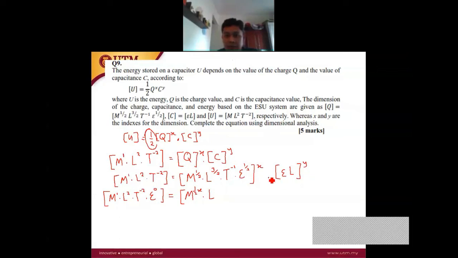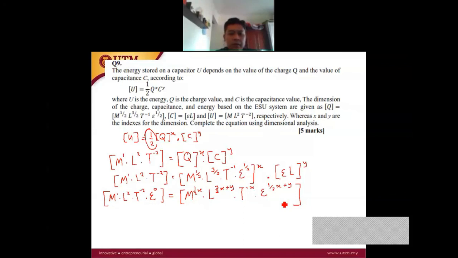So we have this operation multiply. So here we have 3 over 2 x plus y. T to the power of negative x, and we multiply with epsilon to the power of 1 over 2 x plus y. Okay,